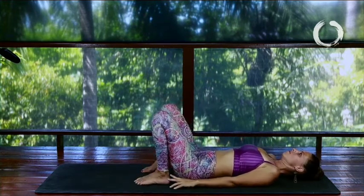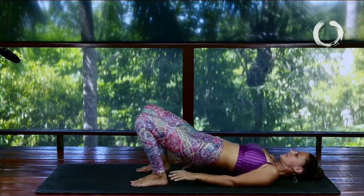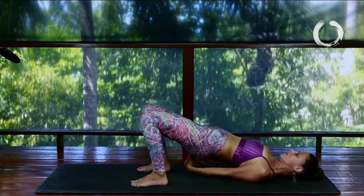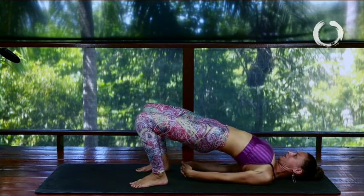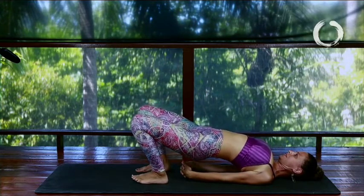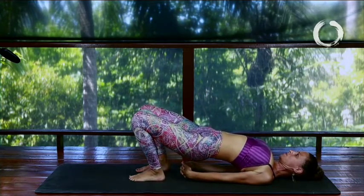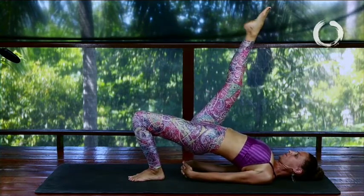A little bit of back bending. First, we'll just do a bridge. So inhale, lifting the hips up, interlace your fingers, rock from side to side and pushing your hips up. If you want to go a little bit deeper, then take your left foot, bringing it a bit more to the center. Right knee rises up, point your toe,